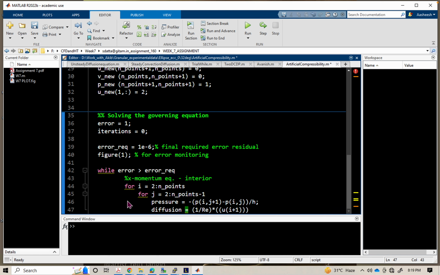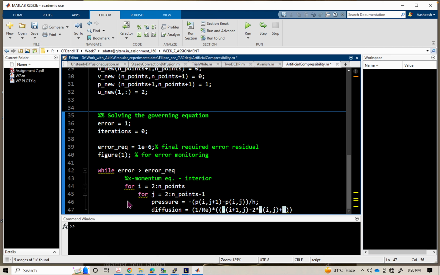What one can do is just see the code and then try to understand the algorithm. I will upload this code so you don't have to write it, but you should practice